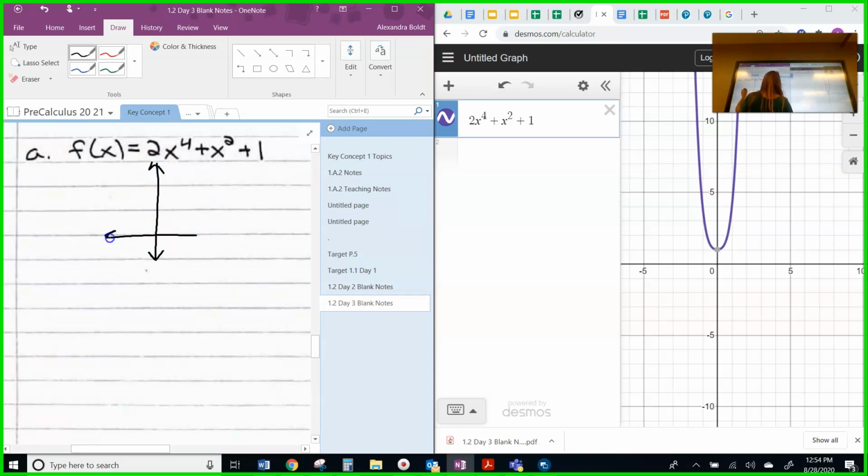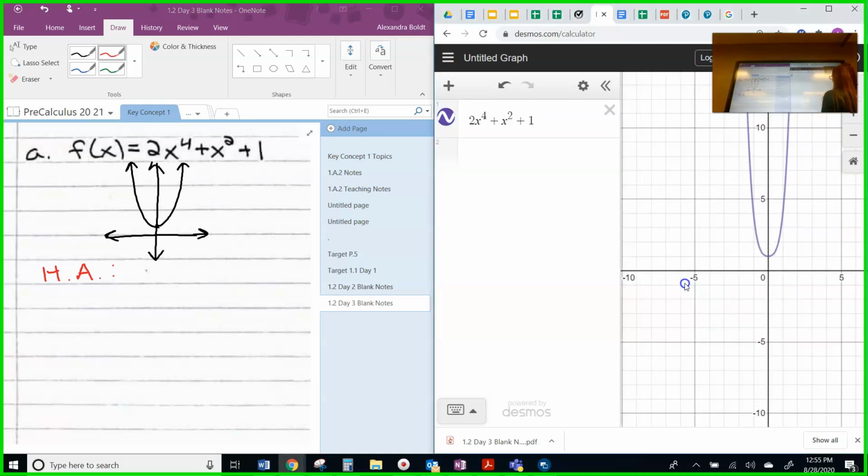The arrow goes below that x-axis, so we'll put that there. And it looks like it's just here and it goes way up. Okay. So, vertical asymptote, or let's start with horizontal. I'm just going to abbreviate horizontal asymptote. There is none, right? As I go far to the left and far to the right, it's not like approaching